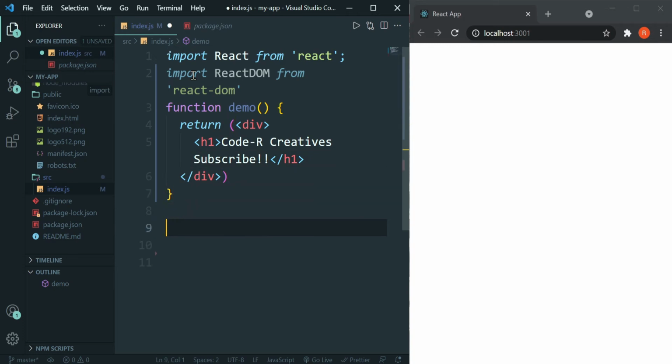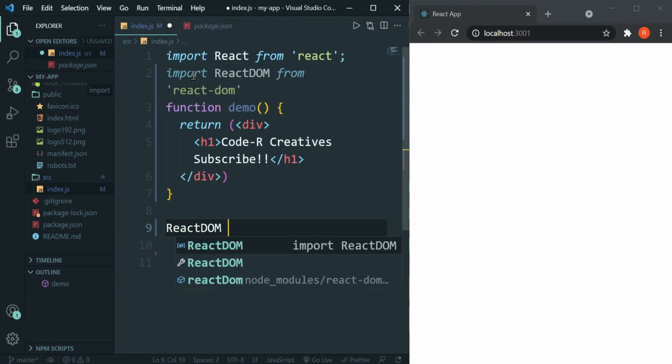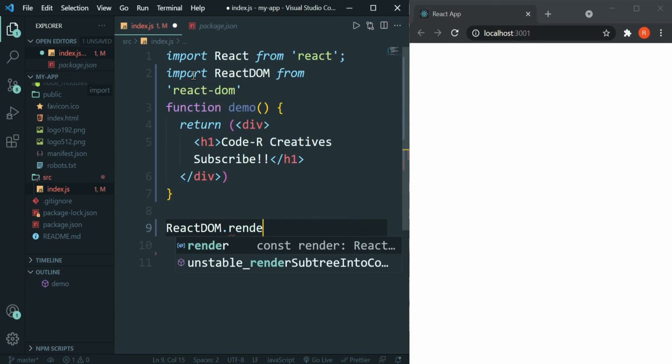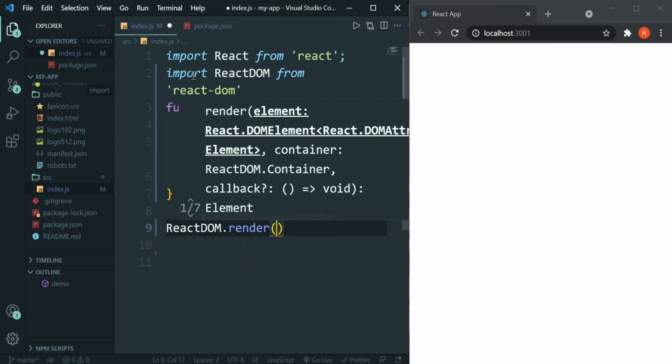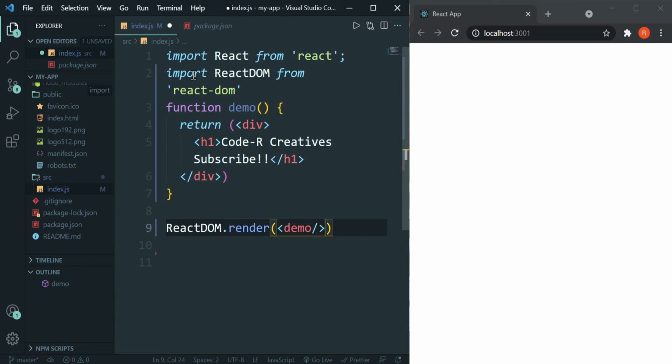Let's call ReactDOM.render, and this function takes two parameters. One is what you want to render, and the second one is where you want to render. We want to render our component, which is Demo, which we just created, and we want to render it into the root element.